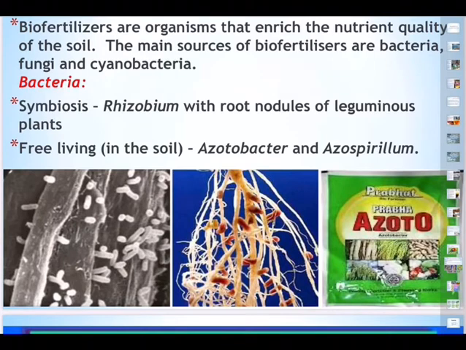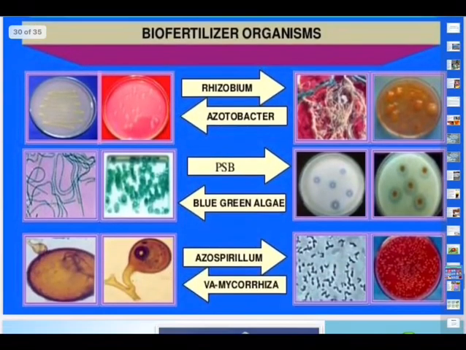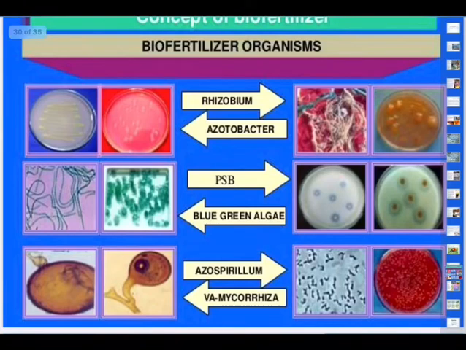Free living nitrogen fixing bacteria live freely in the soil and perform nitrogen fixation. Some of them are saprophytes, living on organic dead remains, that is Azotobacter, Bacillus, Clostridium. These convert the dead ones. The most important of the symbiotic nitrogen fixing bacteria is, as I said, Rhizobium. It forms nodules on the roots of legume plants, and there are about a dozen species of Rhizobium which form association with different legume roots. So all this can be used.